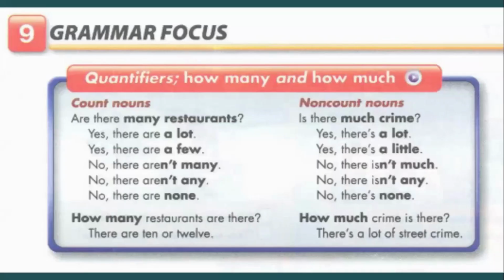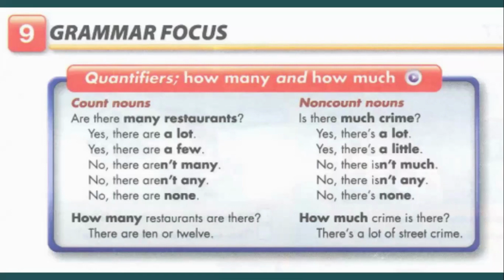Now let us look at the examples given in the book. Are there many restaurants? Yes, there are a lot. Yes, there are a few. No, there are not many. Or there are not any. Or no, there are none. Okay. And with uncountable, or non-countable, I will say: